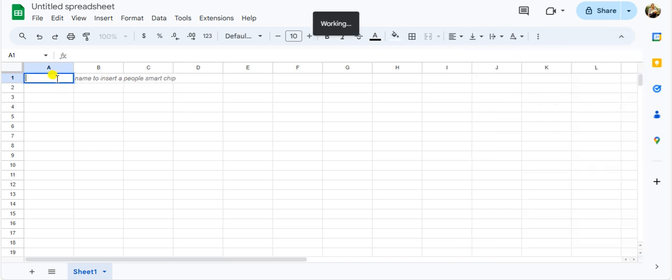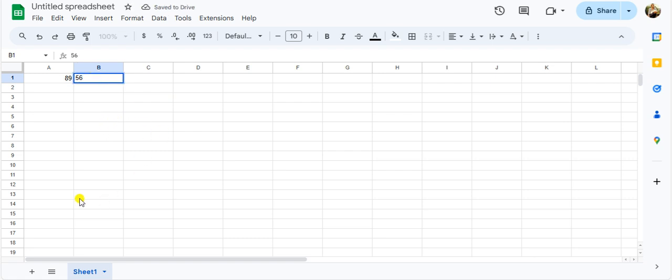This is cell A1, let's give it 89. Cell B1, let's give it 56. Then how do you calculate this together, like add it together? You come to cell C1, put the equal sign, then click on cell A1, then click the plus sign, click on cell B1, then you have your total in cell C1. All right, then